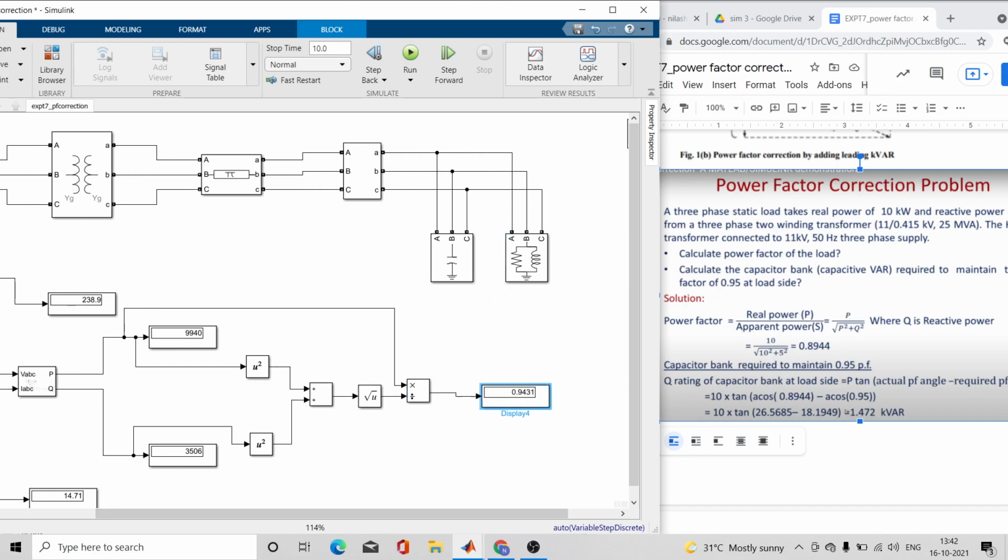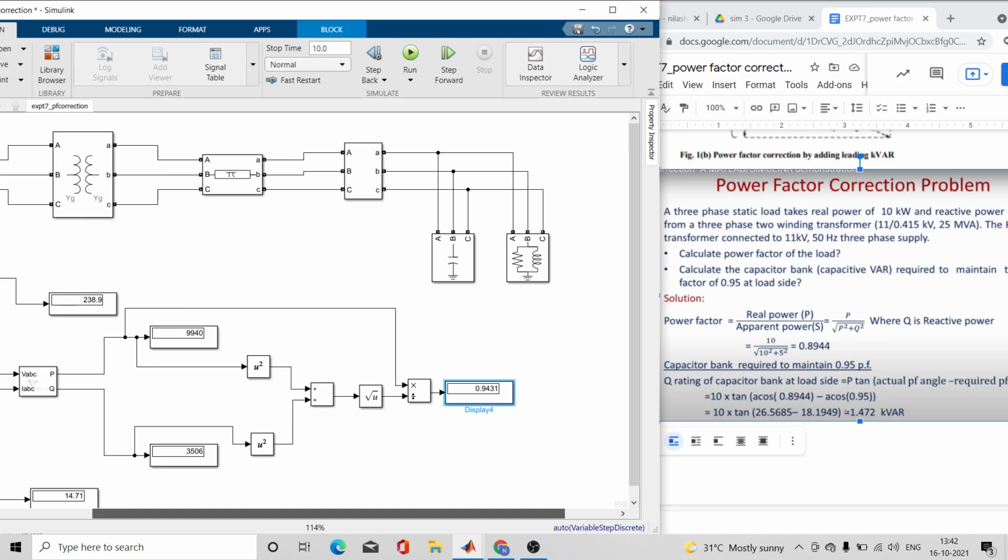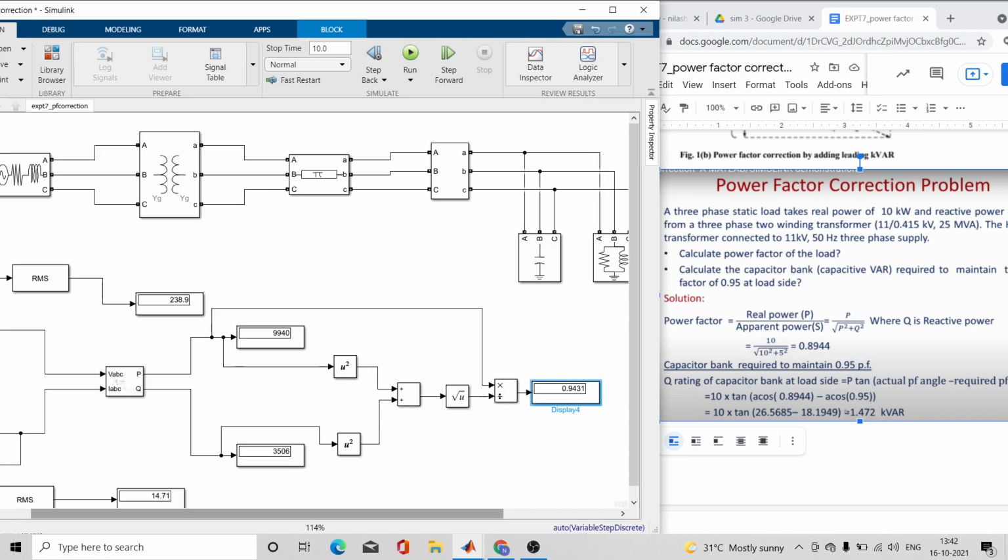Very simple mathematical thing we are doing here. Once you get real and reactive power, you will take this real power and divide it by square root of P square plus Q square. First you will do P square. You have a square block, and another square block for Q. Then you will add these using an add block.